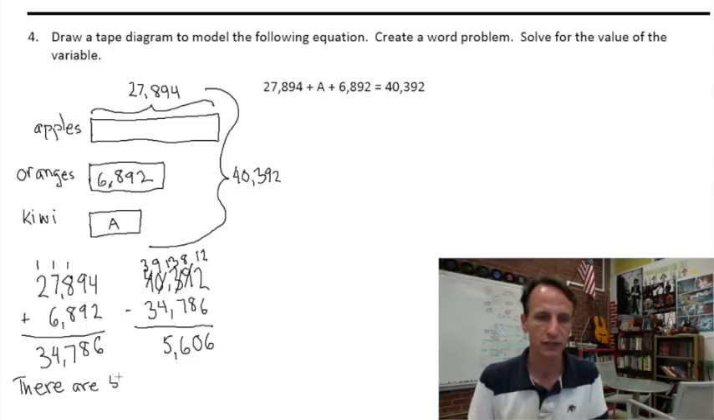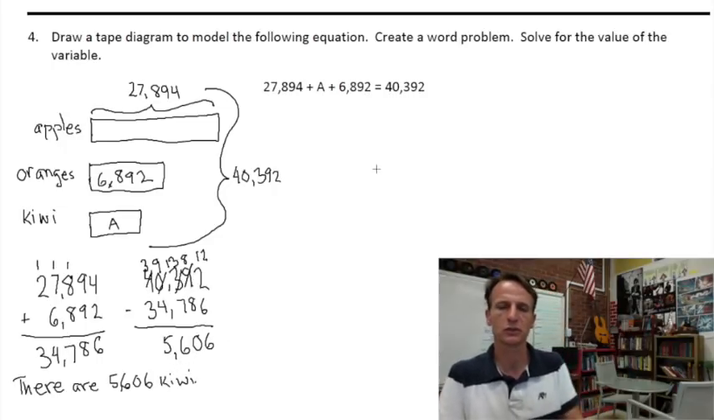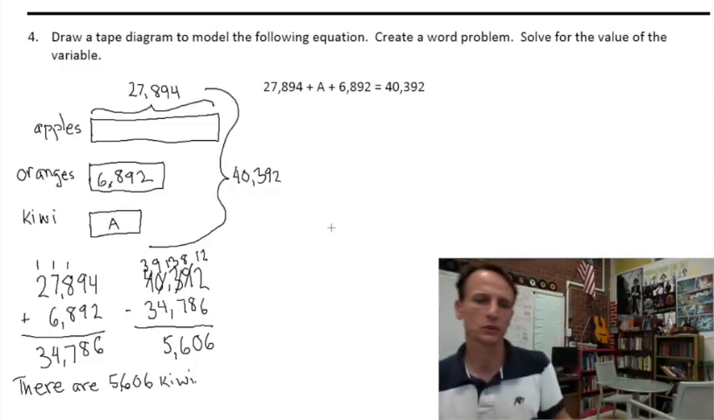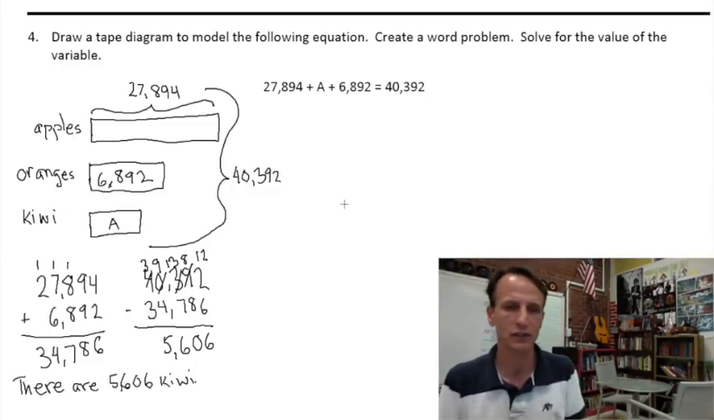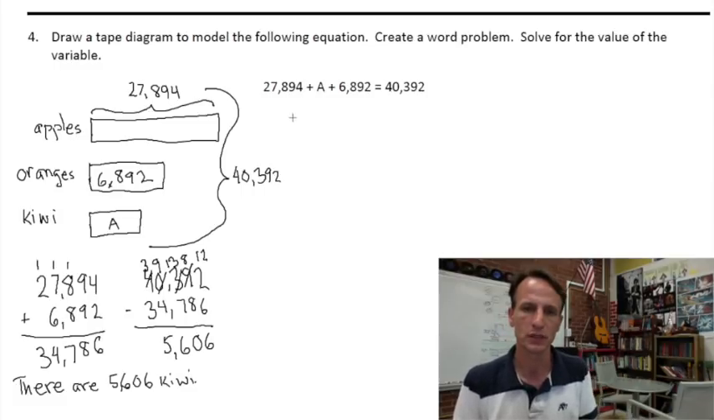There are 5,606 kiwi. I don't know if kiwis is more correct. Usually where that ends with that I. All right, we'll just leave it like that. There are 5,606 kiwi. So our question is going to be,